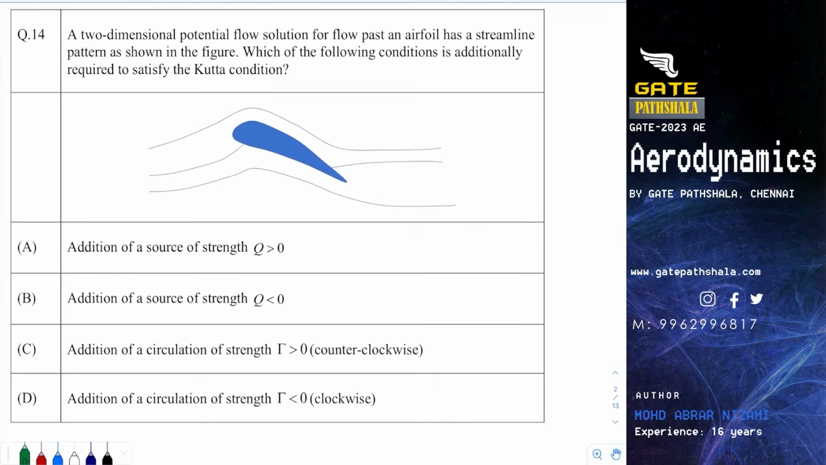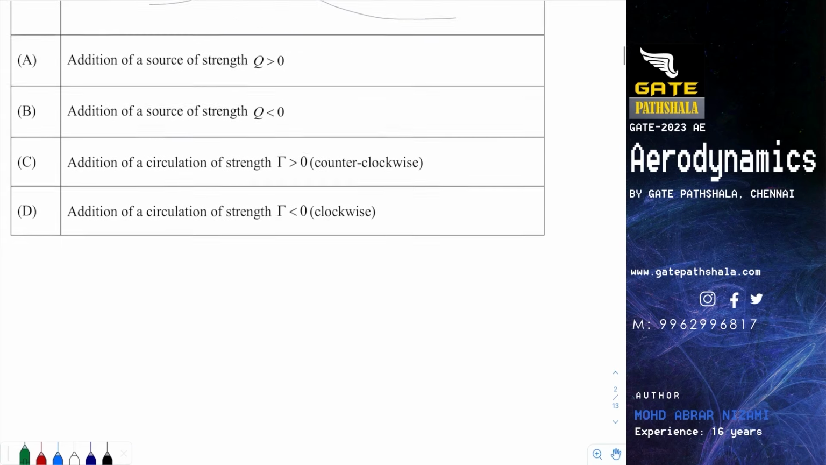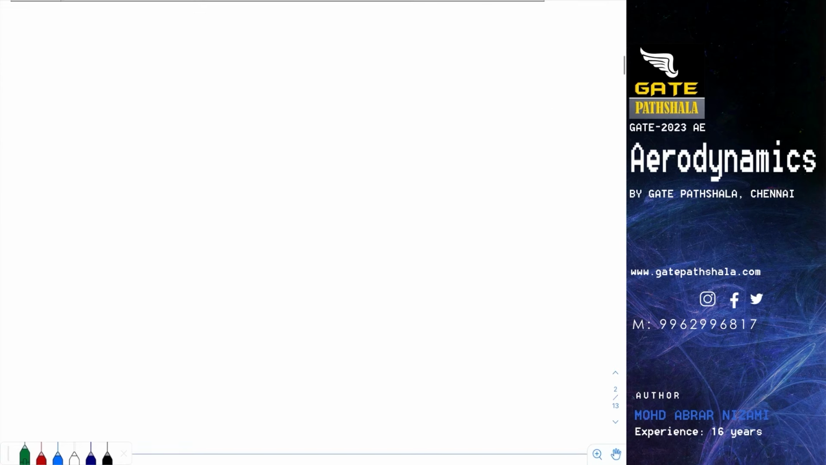So the next question from fluid mechanics and aerodynamics is question number 14. A two-dimensional potential flow solution for flow past an aerofoil has a streamlined pattern as shown in the figure. Which of the following conditions is additionally required to satisfy the Kutta condition? So in such a question, if you have ever studied something called Kutta condition, before we do this question, let me explain to you what the Kutta condition states. So basically Kutta condition is